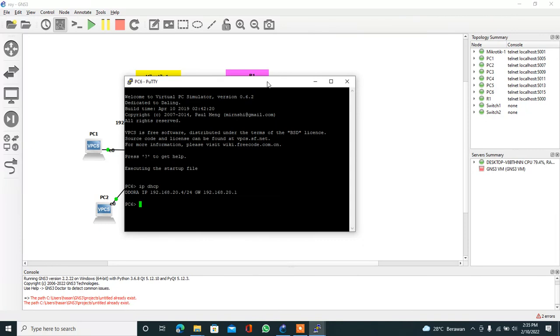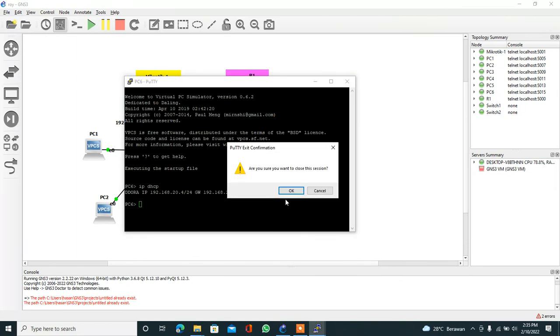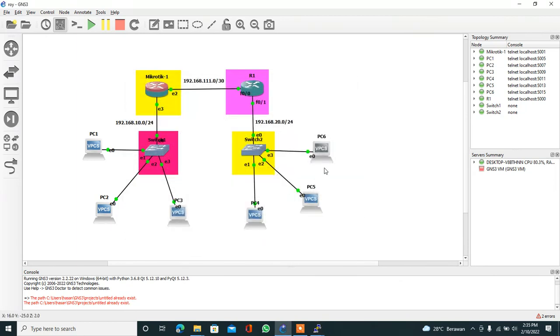Okay, after our PCs have IPs, now let's verify by pinging between PCs of different vendors. For example, a PC on the router of vendor MikroTik pinging a PC in vendor Cisco.